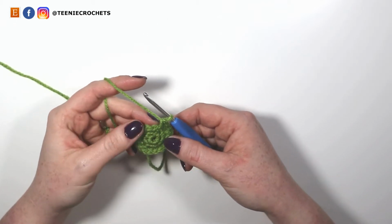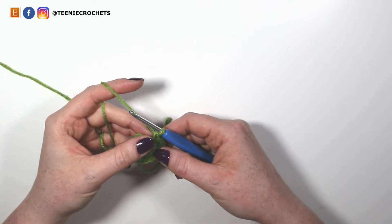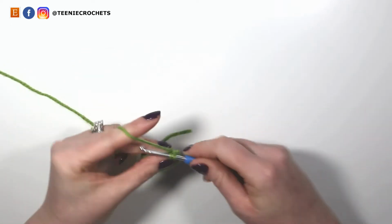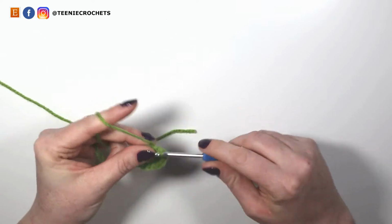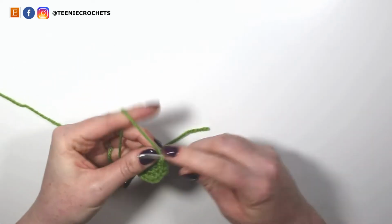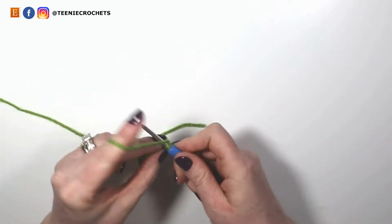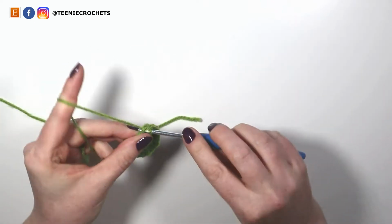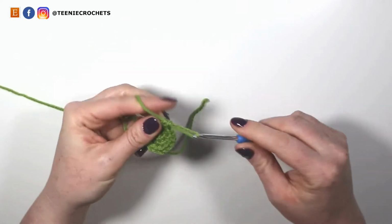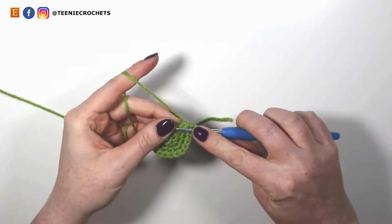To do this I'm going to single crochet into 2 stitches and then do 2 single crochets into the following stitch 6 times. So I'm going to single crochet 1 and 2 and increase into the next stitch for 3 and 4. Single crochet 5 and 6. Increase in the next stitch for 7 and 8. Single crochet 9 and 10,